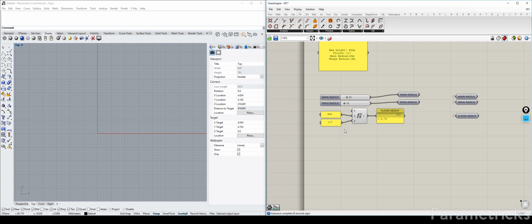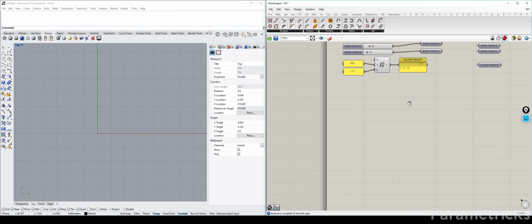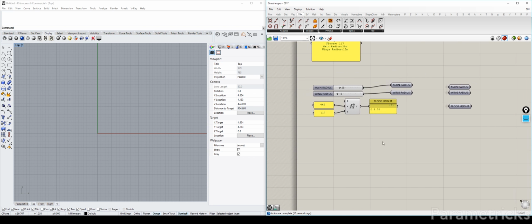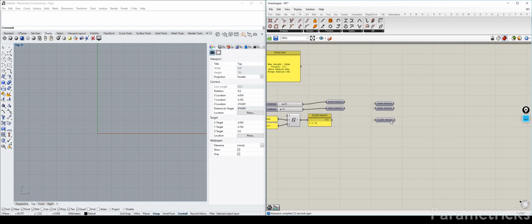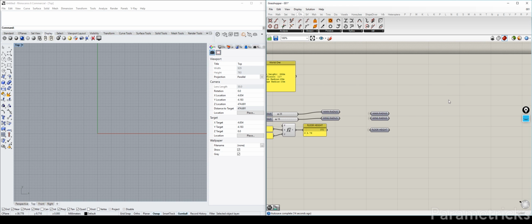Let's see. What can we do next? I think we can start with this already. So let's start. First, we are going to create, we're going to start from a point. So we're going to do point construct,